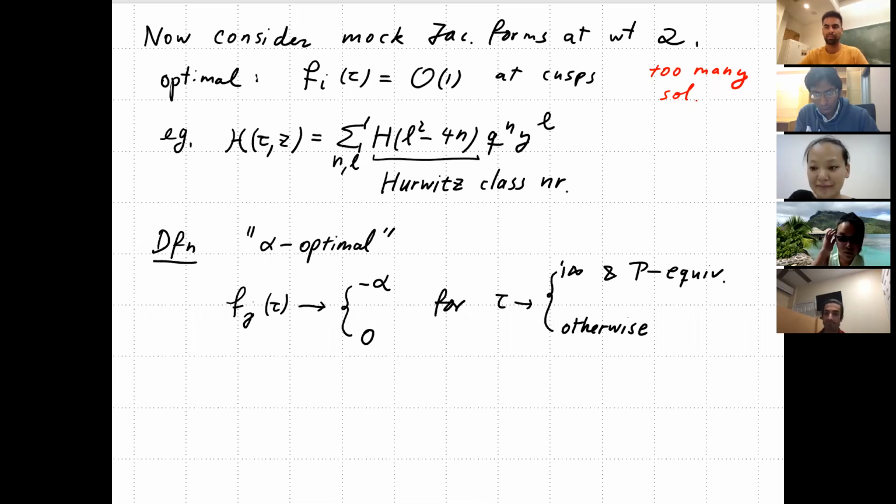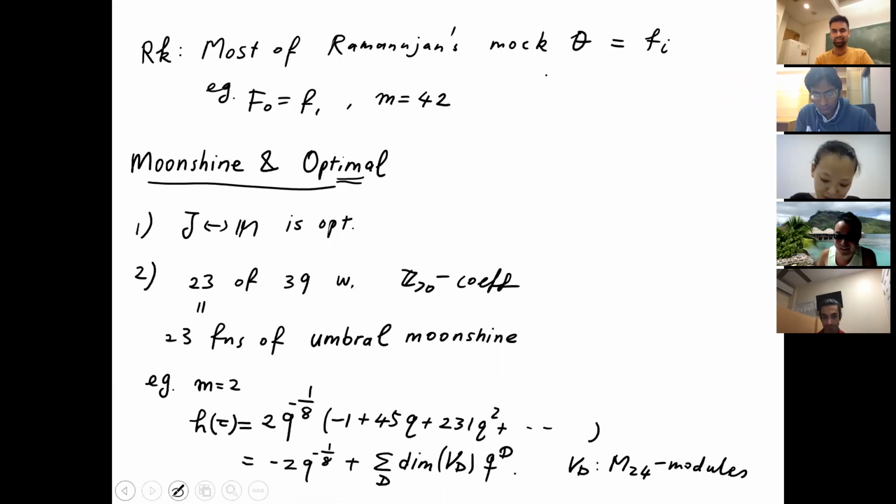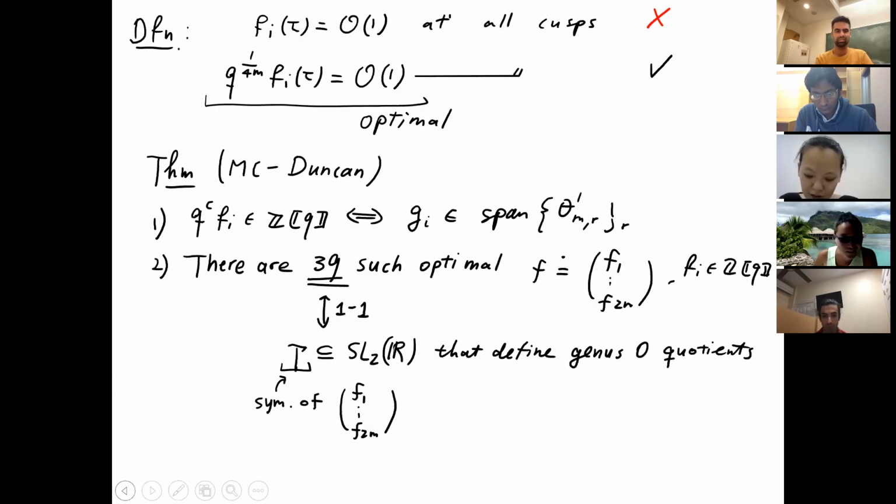So you explained the results about these optimal choices and allowing the singular behavior, etc. But could you explain in a little more detail how you find the optimal choice? By some trial and error, or do you have a more systematic way? Right, very good. So for instance, in this weight 1 Mock modular form context, we're very pleased and rather surprised to find a finite list of answers, because a priori the list can be infinite.